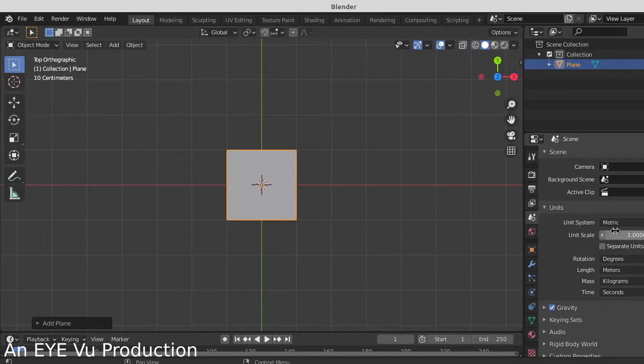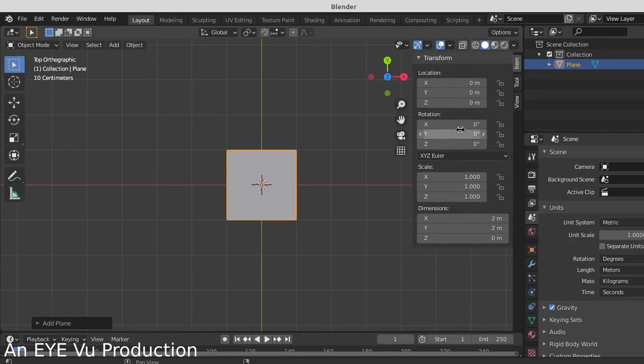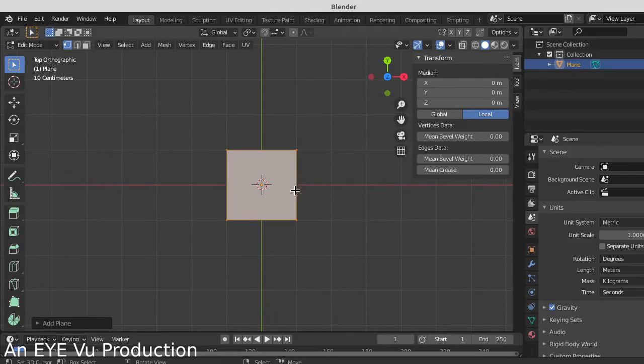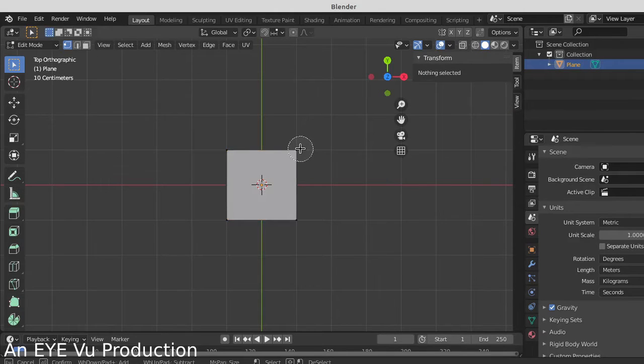Go into units, metric, imperial. I'm gonna continue with metric, and I think rotation, length, meters. I think I'm gonna leave it as that then. Just make sure that my Blender's set up for meters. Yes, meters. Delete one side of the plane,